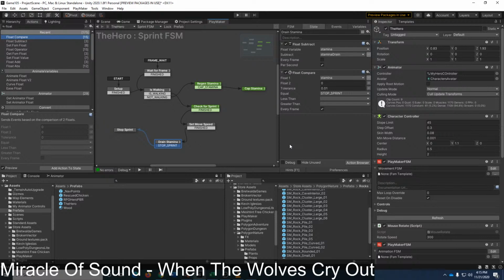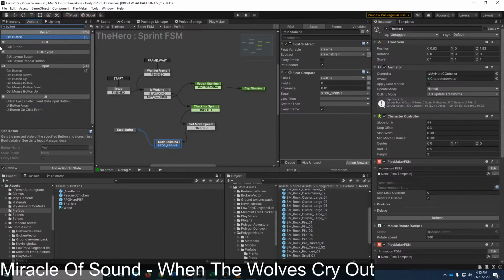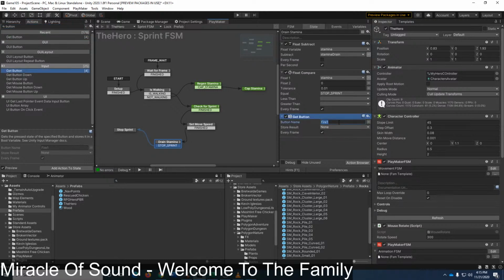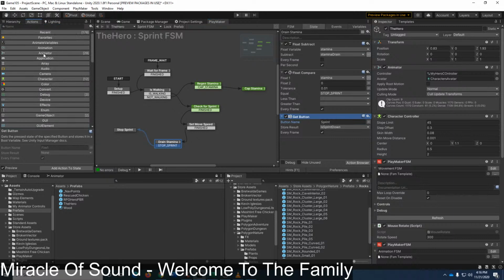I also need to check is sprint down. And then do a Boolean test on that.